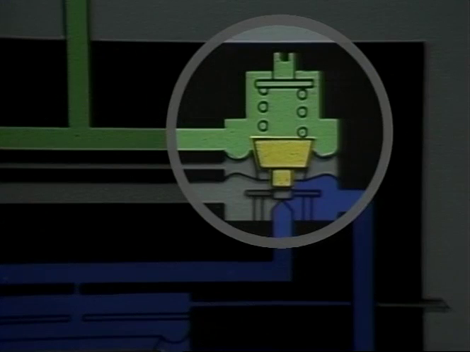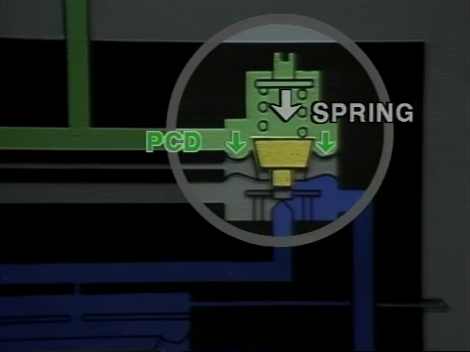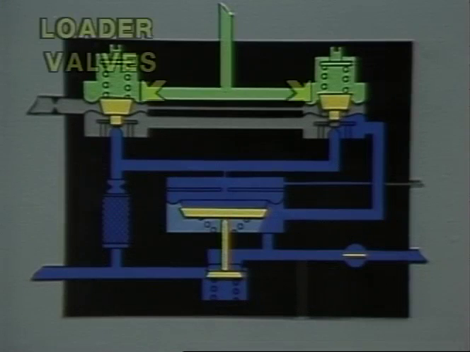The position of the flopper valves at any given point in the acceleration schedule is a direct result of the relative values of PCD and spring tension on the closing side and control gas pressure on the opening side of the flopper valve diaphragms. The position of the flopper valves determines